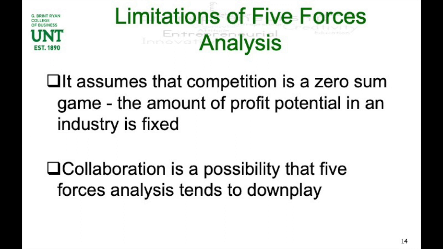Another thing is that it doesn't really consider the possibility that companies are going to form alliances and cooperate with other companies. What happens if companies work together on, say, a joint venture, like happens between Miller and Coors, or they shared a lot of their marketing data with each other, and they were trying to use that to take down the big company, Anheuser-Busch, which has, of course, merged with InBev. That was one case where the five forces would say, I don't really know what to do with that, because collaboration is not something it outright considers. All right, so these are some limitations of the five forces analysis.